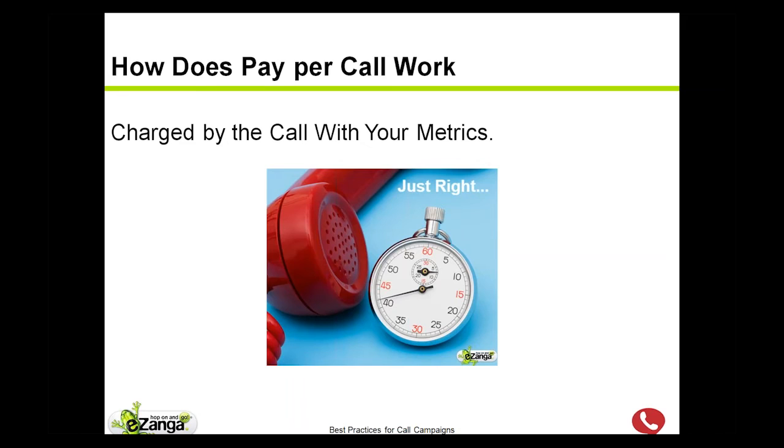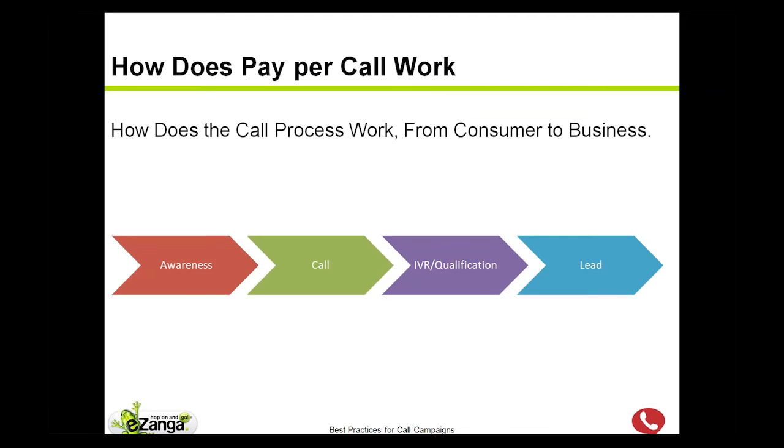That's where my background in pay-per-click advertising comes into play, because you're not paying until somebody creates an action. You don't pay for an ad in pay-per-click until somebody clicks. You don't pay for a call until somebody calls, or lasts on the phone for a little bit of time, or presses 1 or 2 or whatever the case is. So I think we should all be on the same page with that.